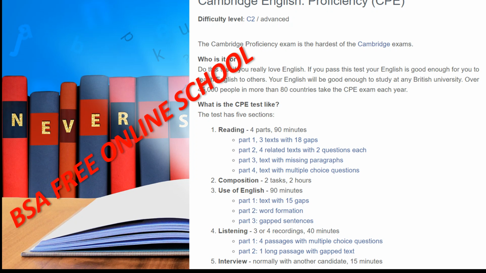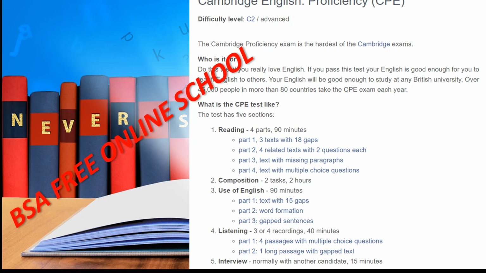What is 90 minutes? It means 1 hour and 30 minutes. Reading and use of English shows you can deal confidently with various types of text, passages and extracts such as fiction and non-fiction books, journals, newspapers, and manuals.